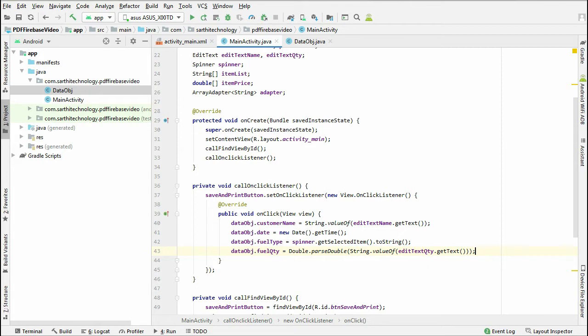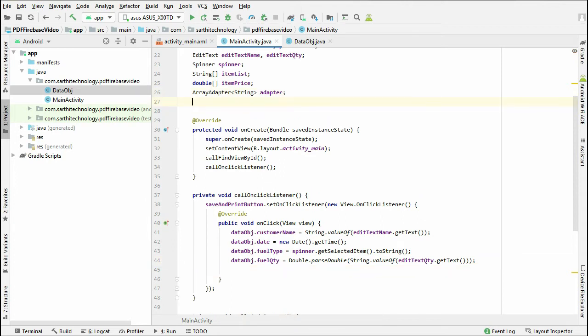After that, the next is amount. We need to calculate the amount with the fuel price and the quantity, and to avoid many decimal places, we need to create a decimal format object.